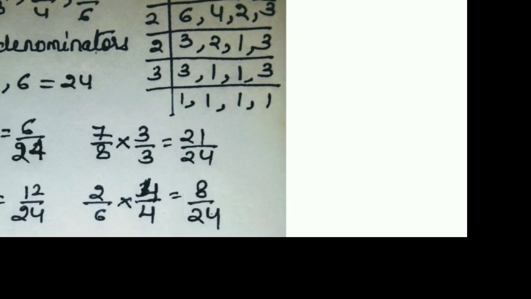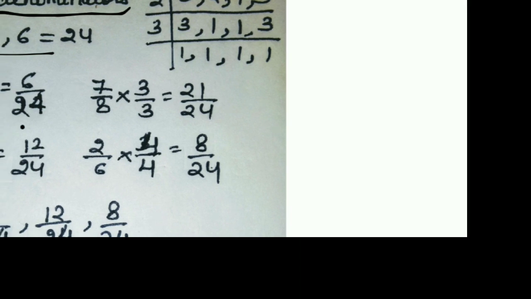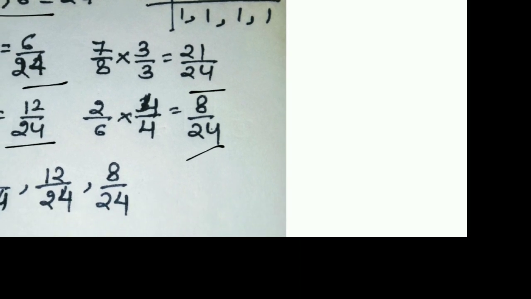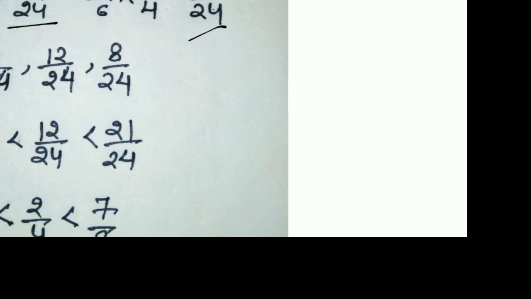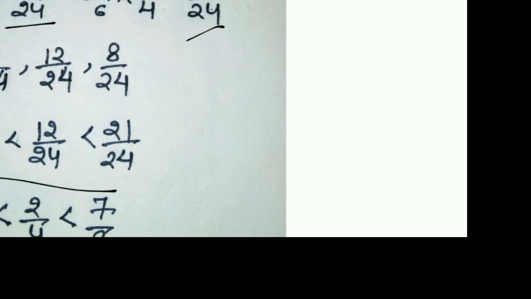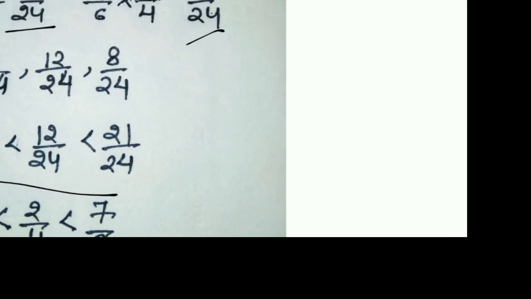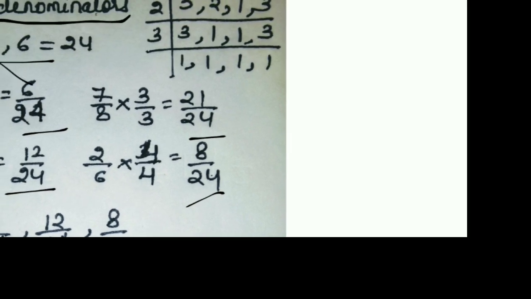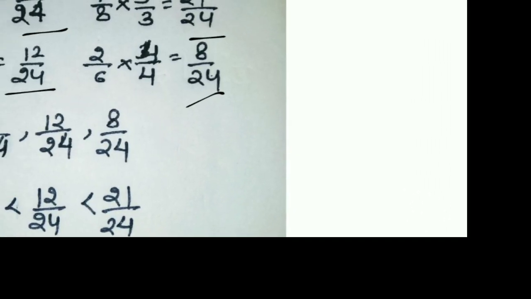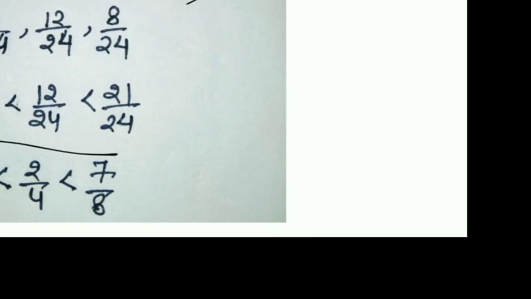Here, one more question I have solved. In this one, the same thing: LCM of the denominators 12, 8, 4 and 6 is 24. So we want all the same denominator. So first we will convert like this. After that we will compare. After comparing, we will arrange in ascending order. After arranging, we write the actual number, like 6 upon 24. 6 upon 24 means 3 by 12. 8 upon 24 means 2 by 6. So the actual number we have to write.